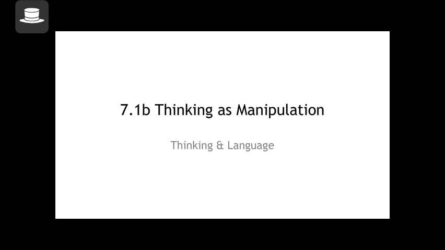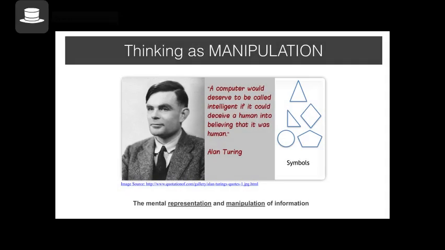information. Now, in this video, we're going to talk about the process of manipulation, how our mind processes, manipulates these representations that we've discussed in the previous video. So just to reiterate, thinking is defined as mental representation and manipulation. So it's manipulation, and there is no manipulation without the representation. So we need to talk about both. We did talk about representation in the last video. Now we're going to talk about manipulation.